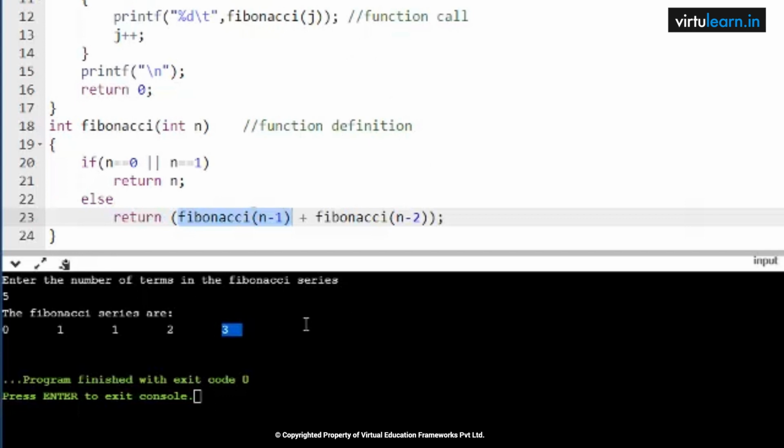Now again increment j value by 1. j value will become 5. Next i value will become 6. 6 less than or equal to 5. Condition is false. This for loop is stopped. Next, this is how you are going to print the Fibonacci sequence using